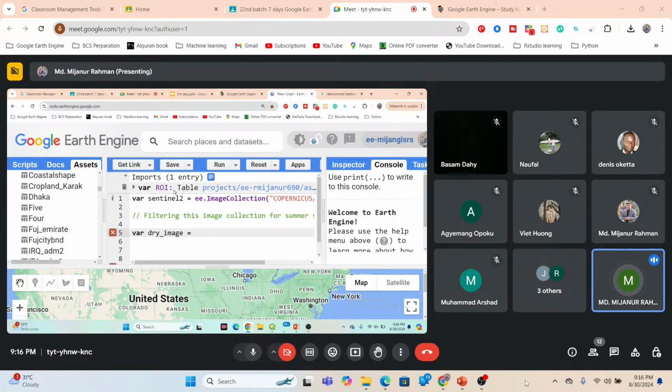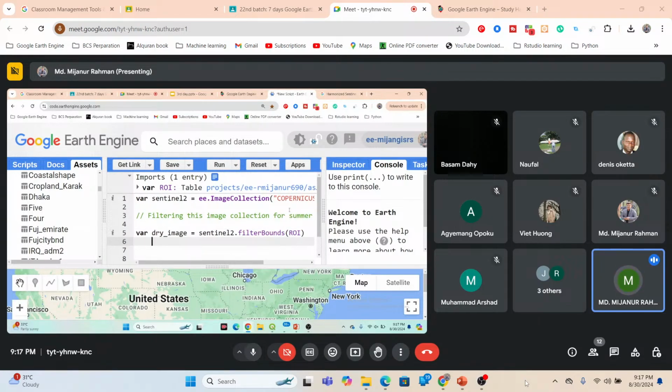So now I call my sentinel2 because this variable stored the full image collection. So now this image collection I want to filter for the summer season or dry season. I simply copy sentinel2 and then use here filterBounds. Basically, first of all, where you need this image. I need the image for my region of interest, the Dhaka city boundary. Just I use the filterBounds function and then put the variable name as RY because this is my study area. We already know about that. Then